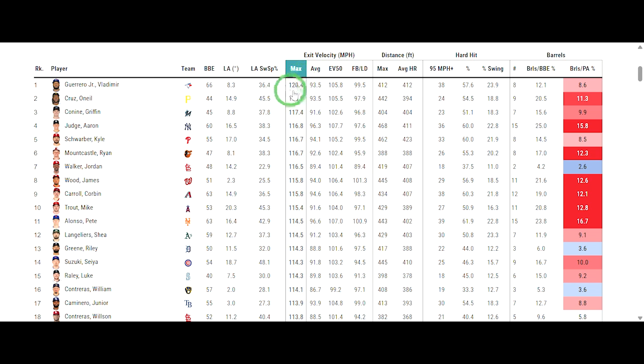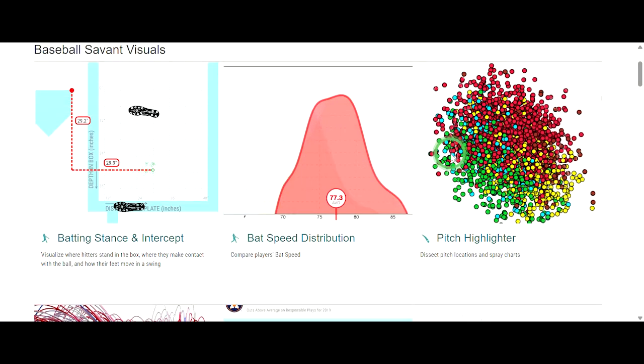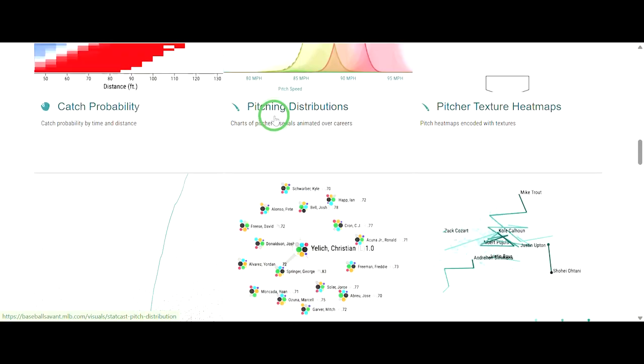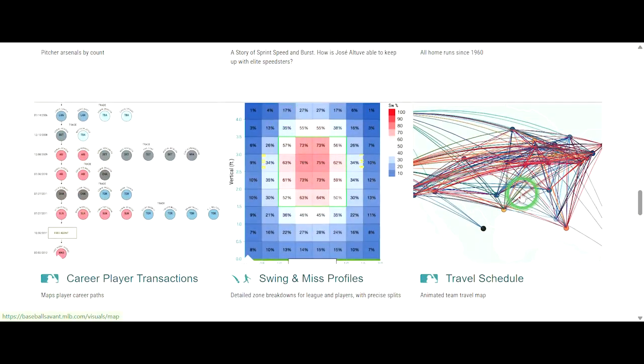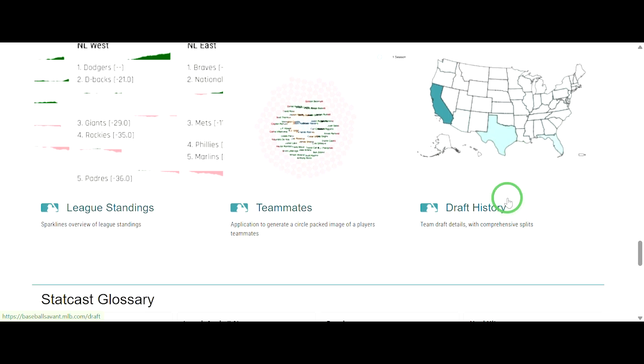There are also many different types of visuals that help display other specific advanced stats. In the Visuals tab, there are dozens of different data points that range from batting stances to animated travel schedules. Statcast is meant to be fun and help baseball fans get more out of the game that they love. Also, if you're playing fantasy baseball or making bets on games, using Statcast can help you gain an edge over